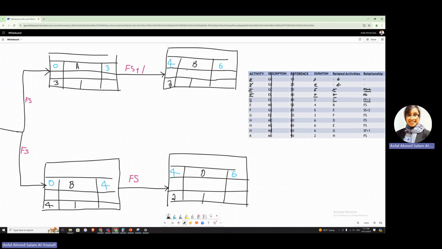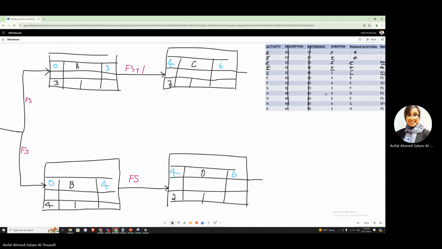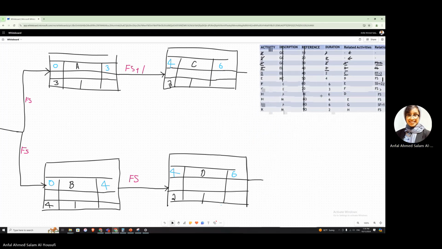Yeah, this is my C. I by mistake wrote B, so this is my C. What that means is we are going to finish C and then finish D three days later. Okay, so I'm going to keep it in here. It says finish plus